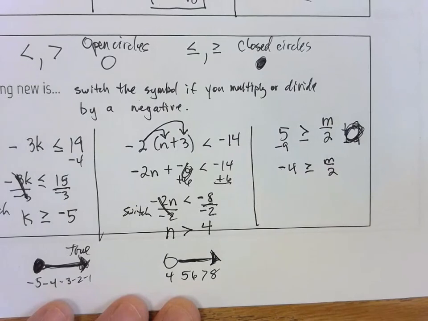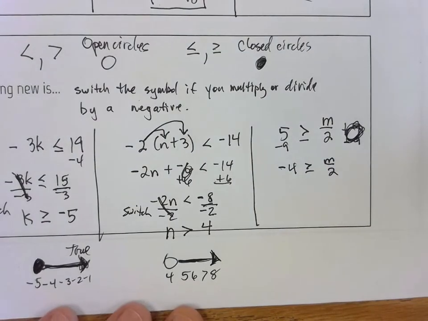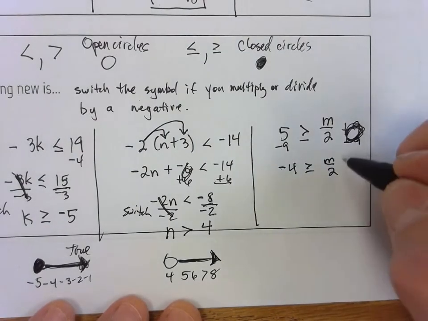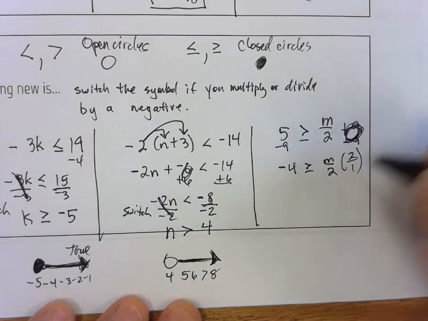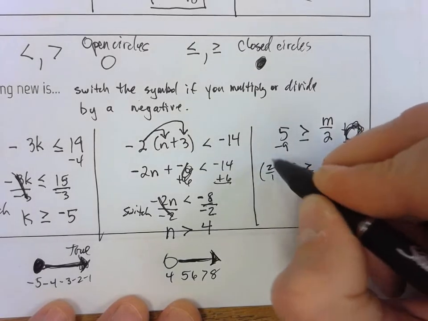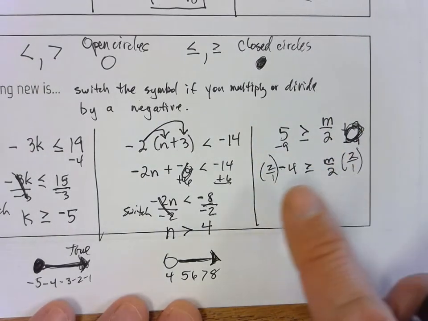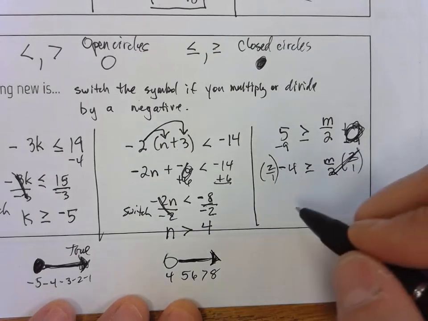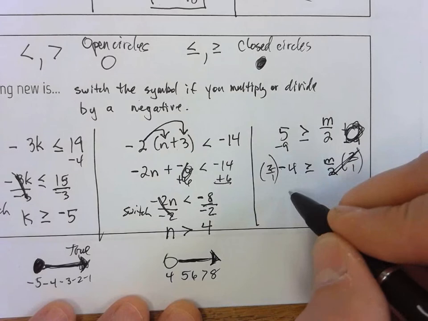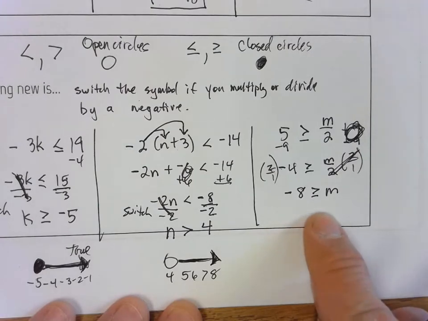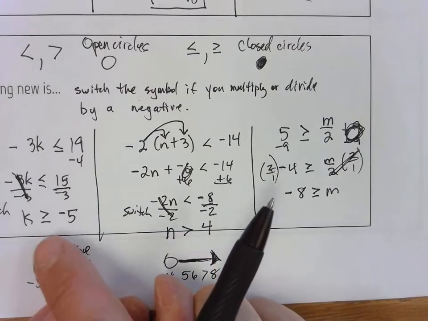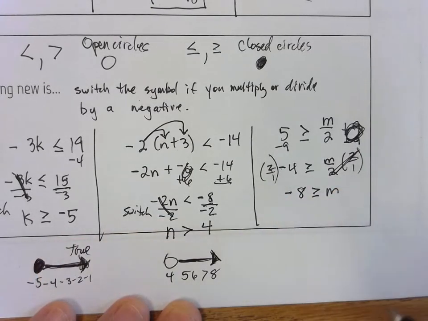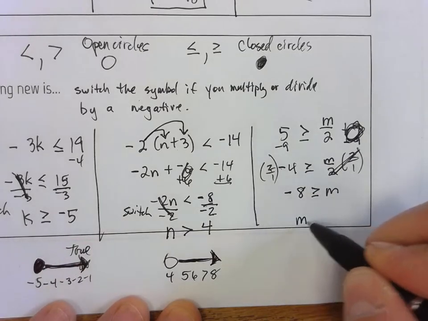Just like we talked about earlier, you want to multiply by the reciprocal to cancel that out. So I'm going to multiply by 2 over 1. Am I multiplying both sides by a negative right there? I am not. Okay, so I don't need to switch the symbol at the moment. 2 times negative 4. I don't like it being that way. I want you to put the variable on the left like we did on these two. So just take that whole thing right there and swing it around to m is less than or equal to